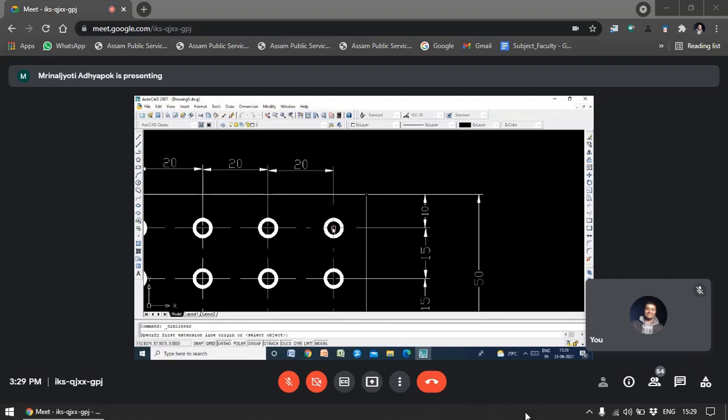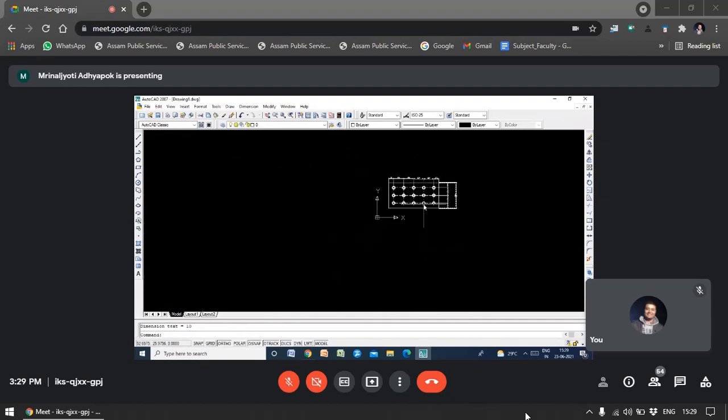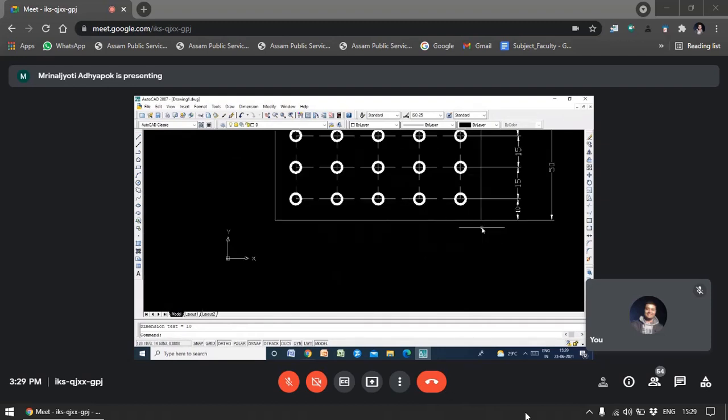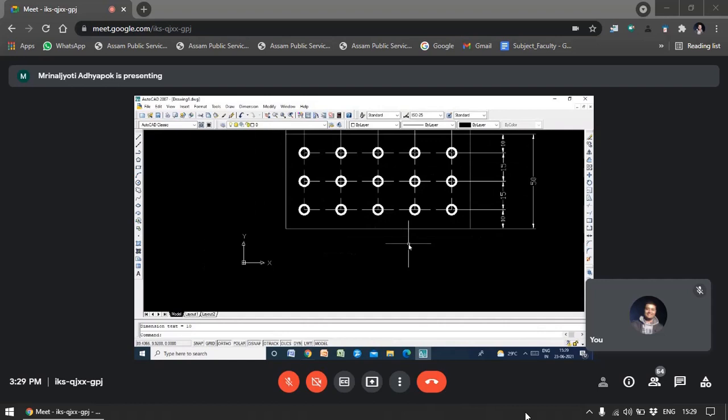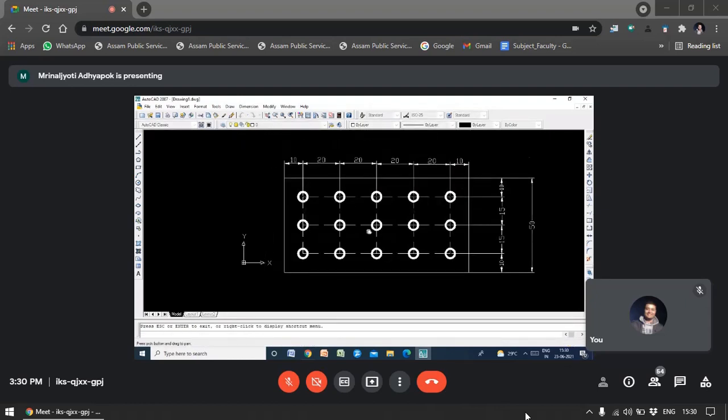Does anyone have any question regarding giving the dimensions? How to give the dimension? How to make this two-headed arrow, single-headed arrow, these things? Any question? No. Okay.